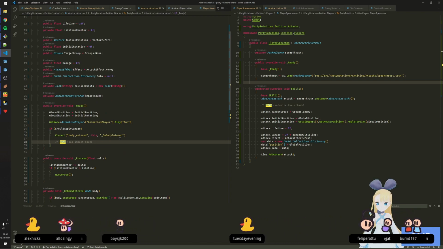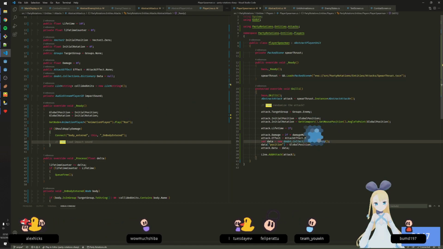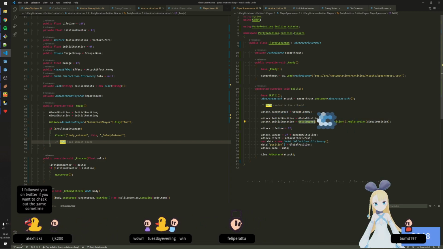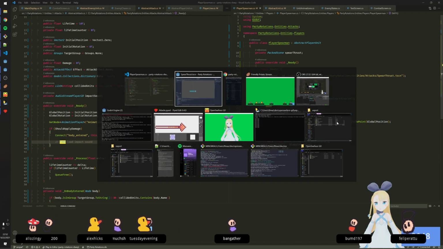Let's see. Initial position, initial rotation. This should have worked, I think. Right, so initial position. Maybe it's this thing that got messed up. So the global position is being set correctly, but the initial rotation...